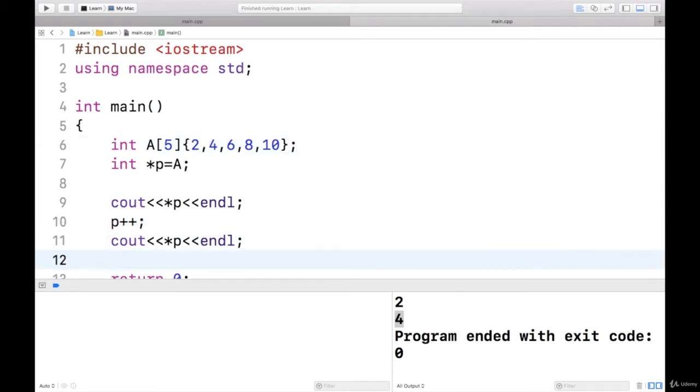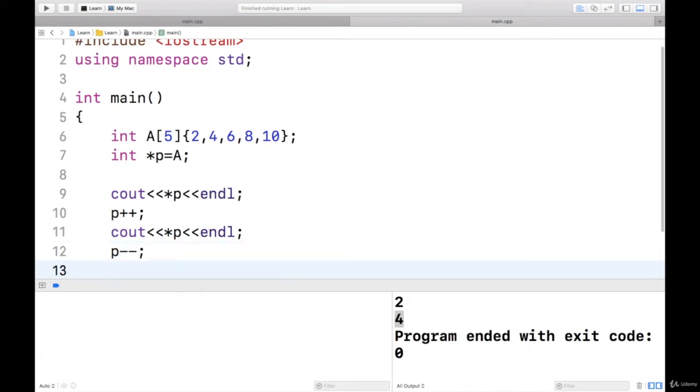Now similarly, after this I will say P minus minus. See, I am using pointer arithmetic, and while using pointer arithmetic you don't have to write star for the pointer. Then here I will say cout dereference P and also NL. Let us see what output I get.